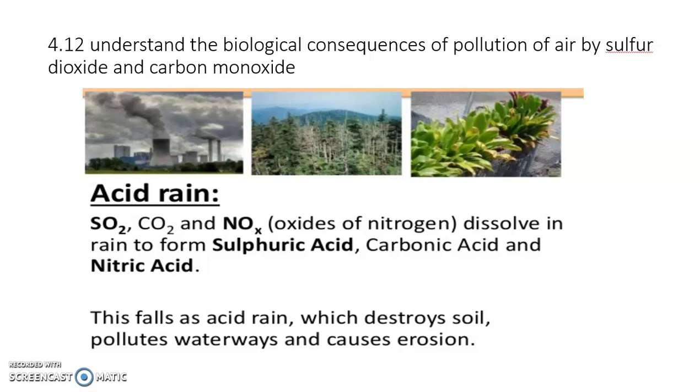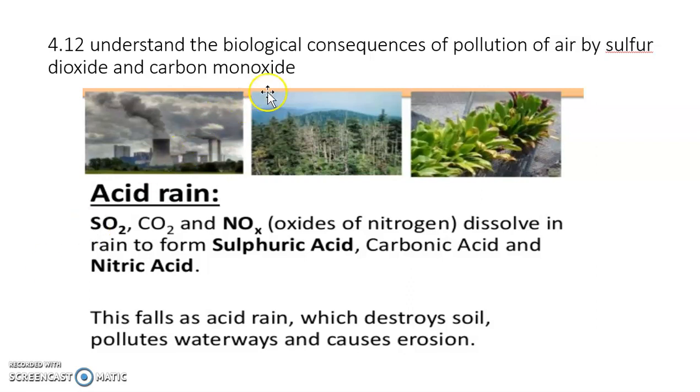What we also need to bear in mind is that wherever these gases are produced doesn't mean that the acid rain is going to fall where they are produced. What can happen is that these gases move in the Earth's atmosphere and can have an impact away from the industrialized area that was producing them. And again, we can think of the fairness and equity that's associated with that.